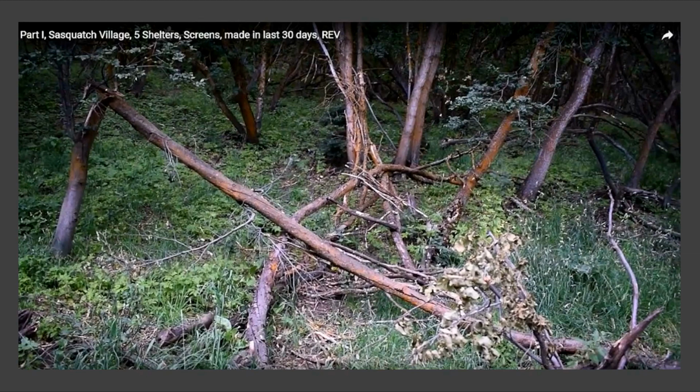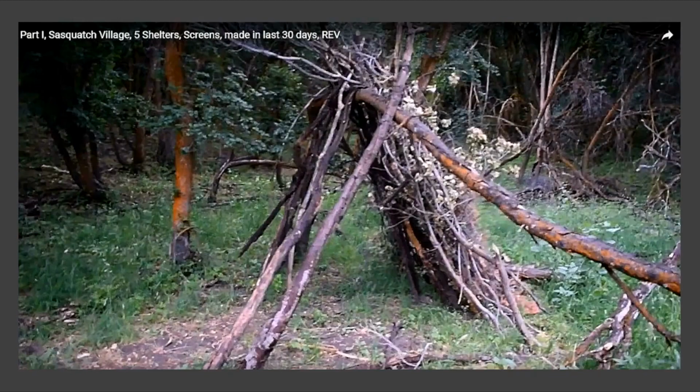This didn't just happen. Now, the next one down, this is an additional lean-to. This is due south of the main structure by about 75 yards. And this is going further from the campground because, remember, we're not too far from a campground. This entire structure is about 200 yards from a main campground. And this is in the south end,